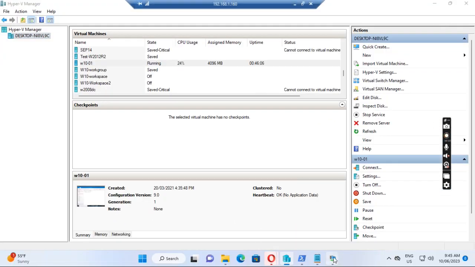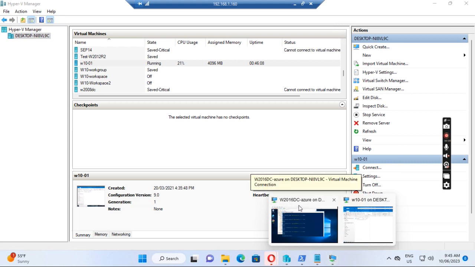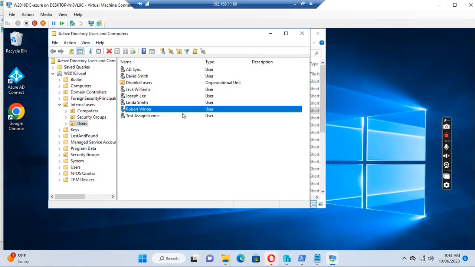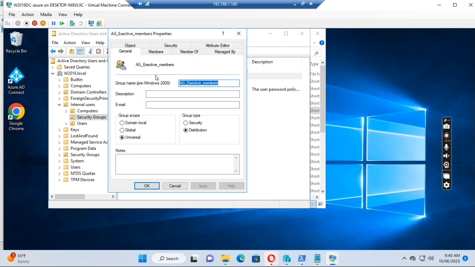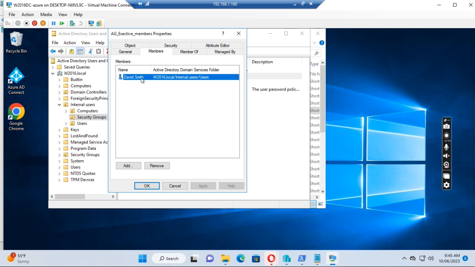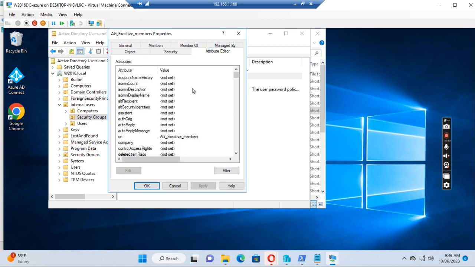If I go to the domain controller, in the domain controller I have created two groups. One is the AG_executive_members, which is a distribution group. For this distribution group, I add David Smith as a member, and also I go to the attribute editor